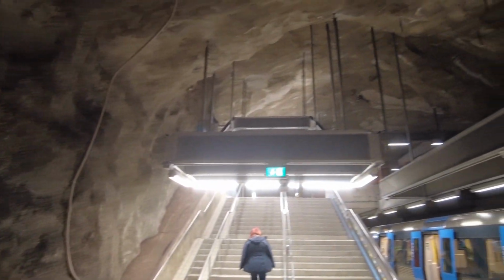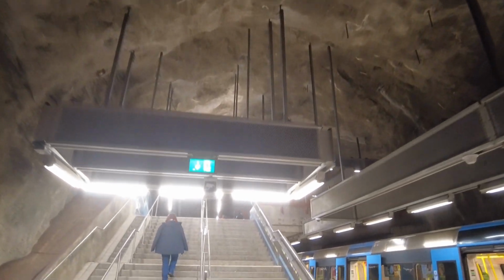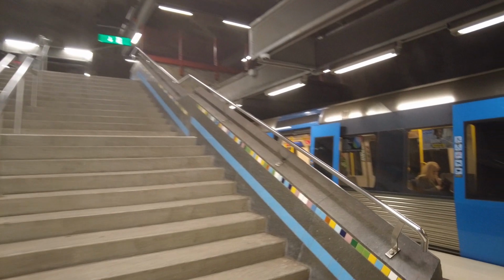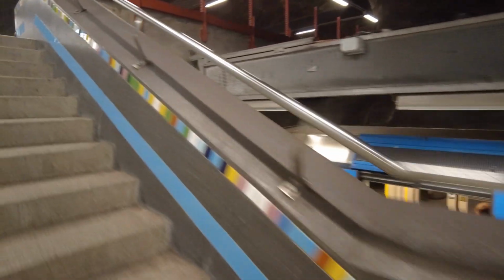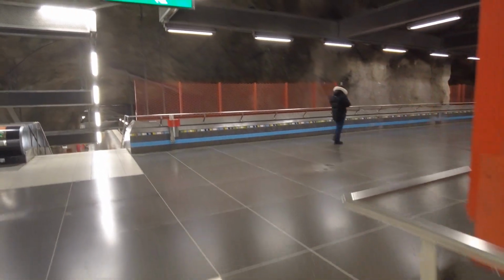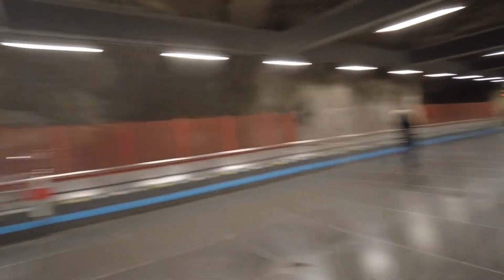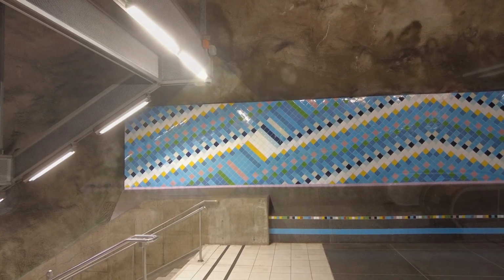Alright, next station, Västra Skogan, which is one stop down the Blue Line. And this was the station of the mosaic, as you can see here, right next to the handhold of the stairs. And this continued quite a lot. Again, a very nice floor. And yeah, this mosaic,